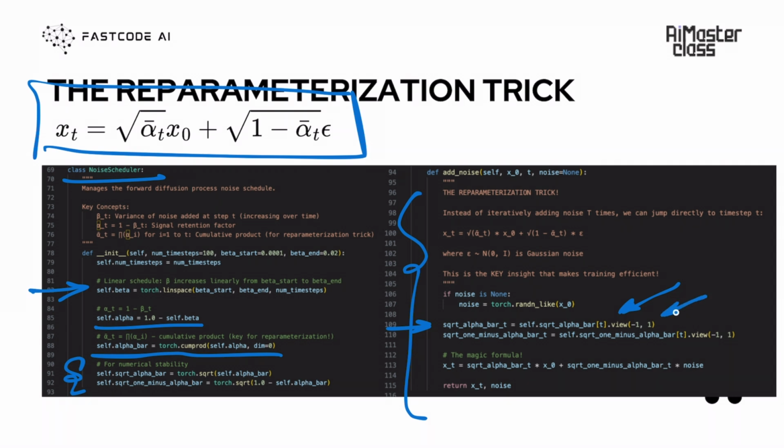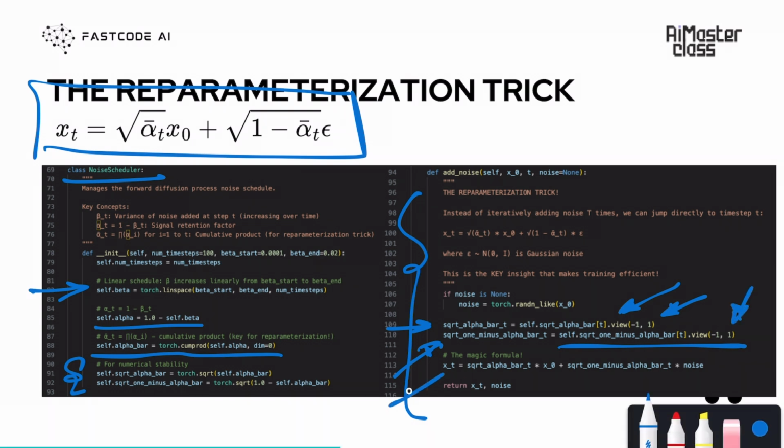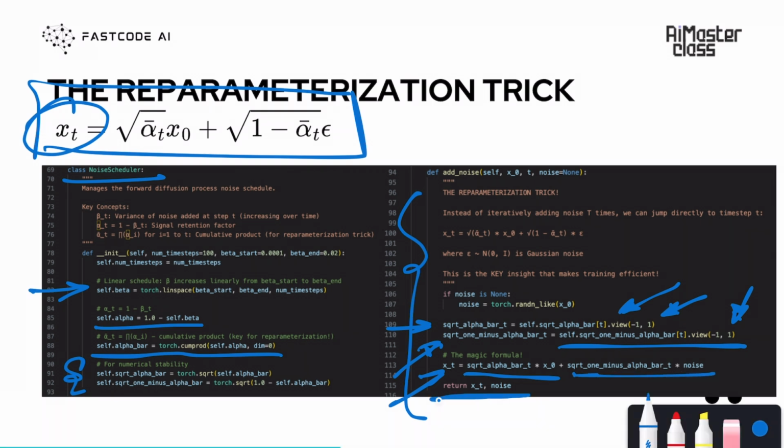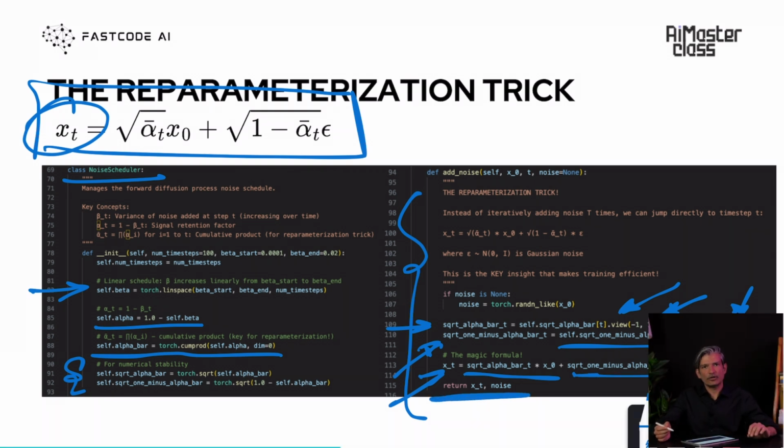So we are using this view of minus 1, 1, and then we are saying square root of 1 minus alpha bar t is nothing but this square root of 1 minus alpha bar of t, and then we are again doing this view, and then the magic formula xt, this is what we were after, is square root of alpha bar t into x0 plus square root of 1 minus alpha bar t into noise, and then we return both xt and noise.